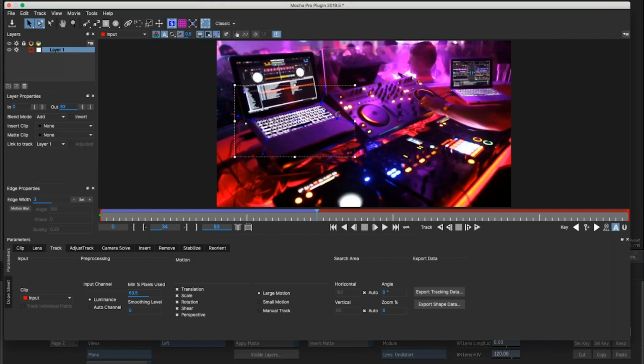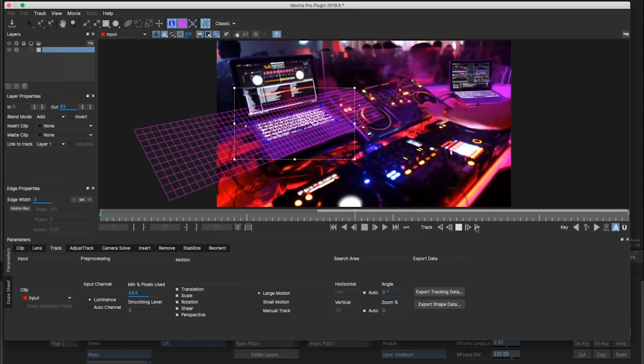These two are linked, but not inextricably so. We can link and unlink them as required. So what I'm doing here is just aligning the track with my shape. I can also turn on the grid overlay, the perspective grid overlay, so that whilst it's tracking, I can get